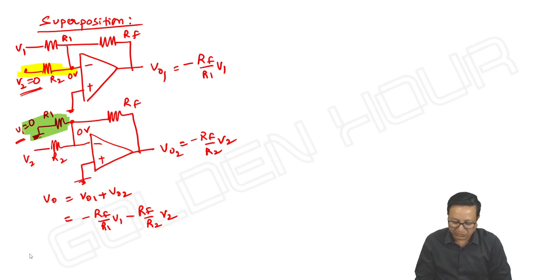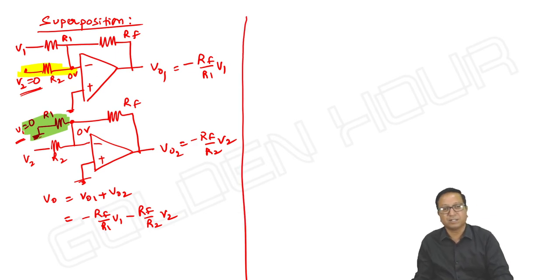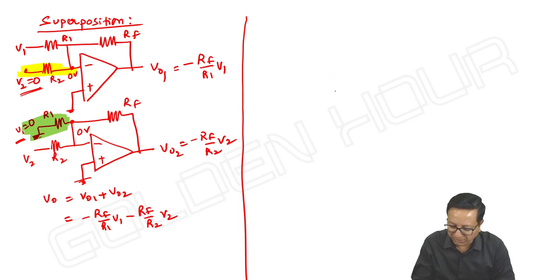We can think of the superposition for two inputs. For more than two inputs, it will kill the time. But you can blindly use nodal analysis: apply virtual short, take the node equation. So instead of two inputs, you have multiple inputs, maybe 3 or 4, 5. The procedure remains the same. So for multiple inputs,